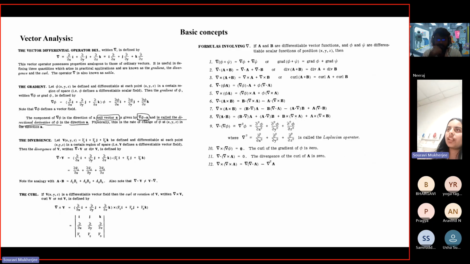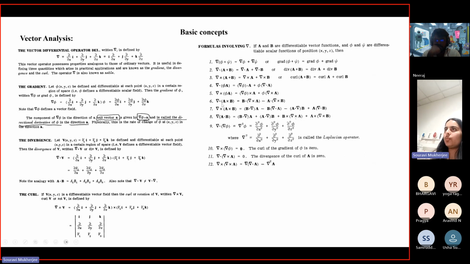If you talk about flux, then these operators will come in. The curl operator is basically a vector product of your del operator with v, which is your vector, and you end up getting another new vector. Now, these are the main operators. You can have different formulas involving these. Out of these, many of them you might have to remember, or these things will come in quite handy as we proceed in the course.